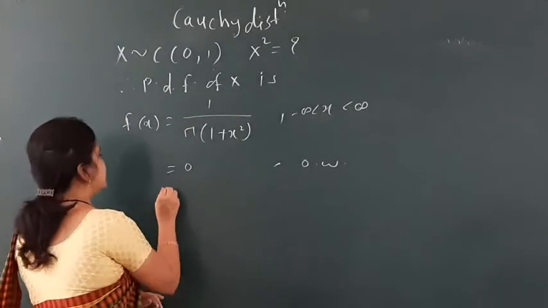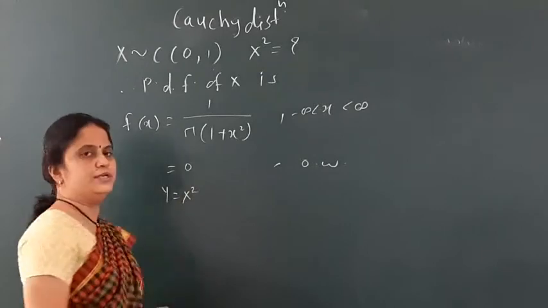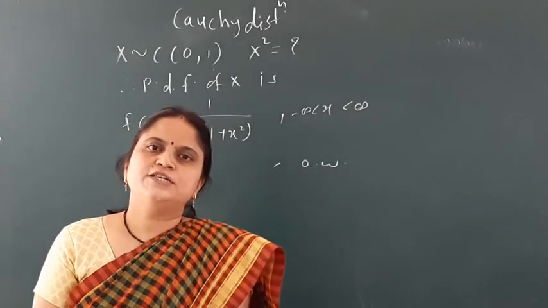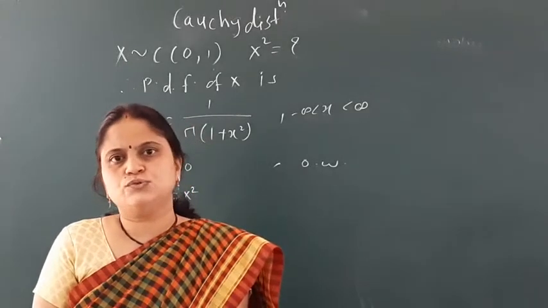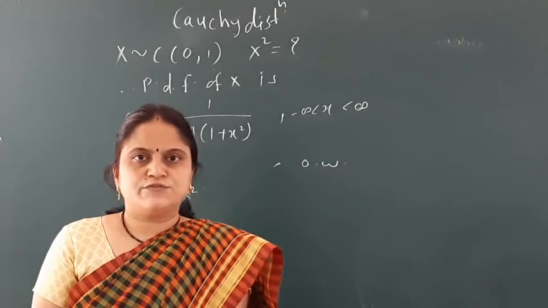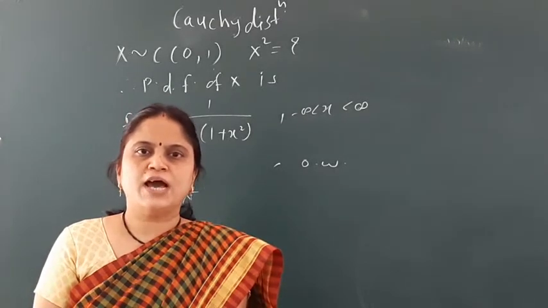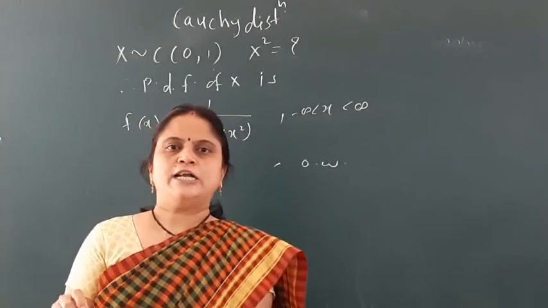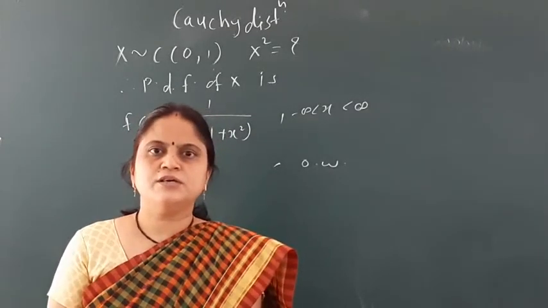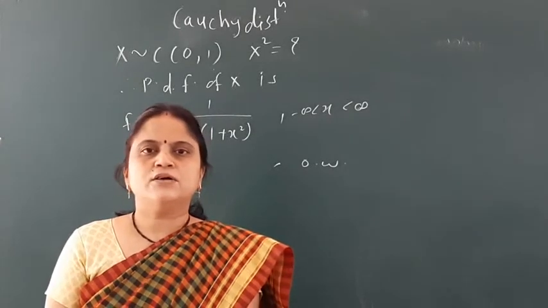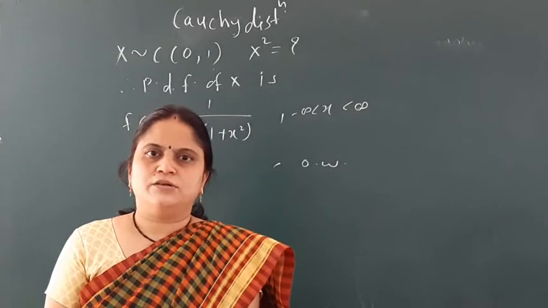Let me consider Y equal to X square here. Now in SYBSc you can find the distribution of X square. So which method is used for finding it? Yes, you know, in transformation of distribution function we have used these methods. We have 3 methods for finding the distribution. The first method is the transformation method, the second method is the distribution function method, and the third is the MGF method.